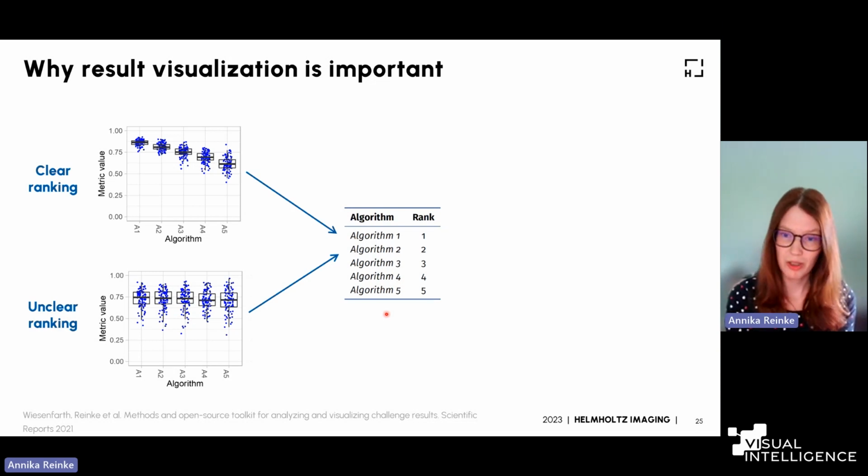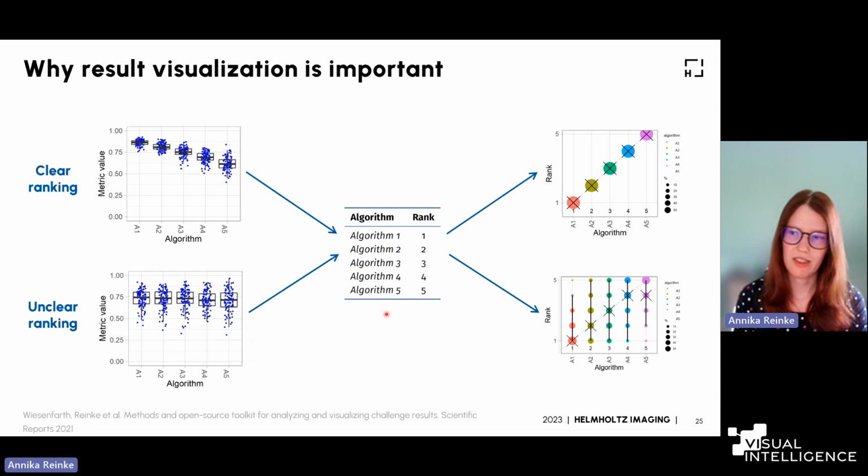But we didn't want to stop there. We went further and thought about more advanced methods to analyze the results, for example, incorporating statistical significance testing or ranking uncertainty. We're using bootstrapping, where we quietly change our data sets and see what happens to the ranks. And we also introduced visualization techniques for this.